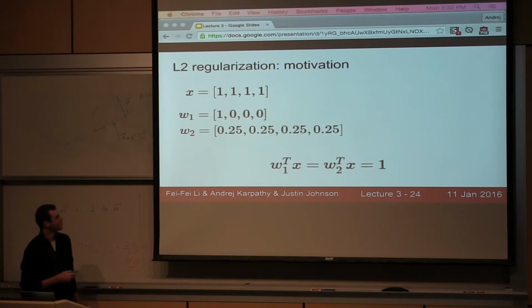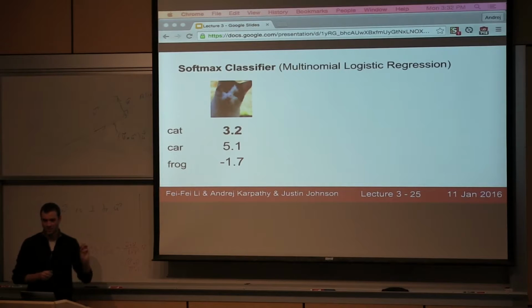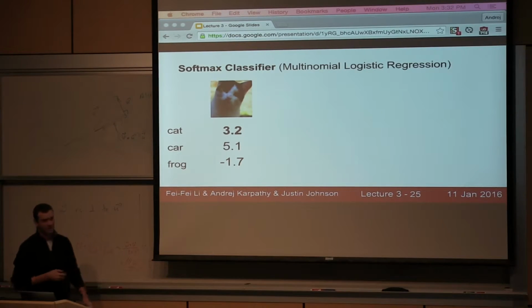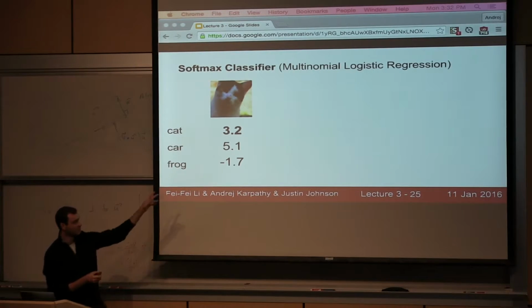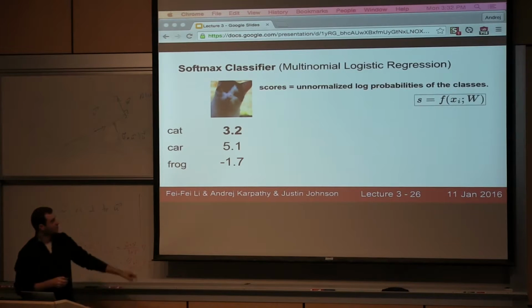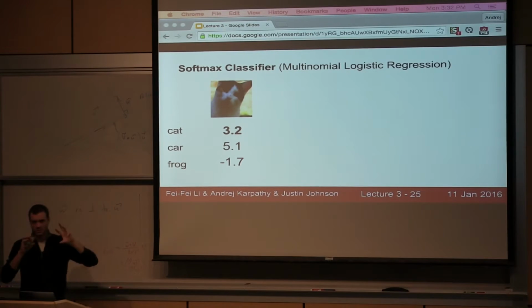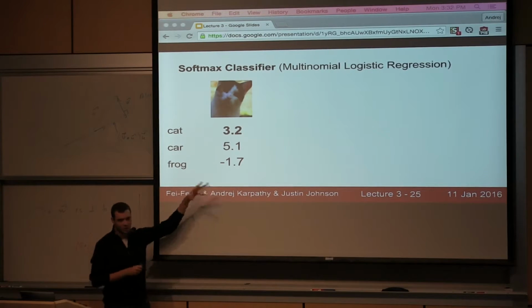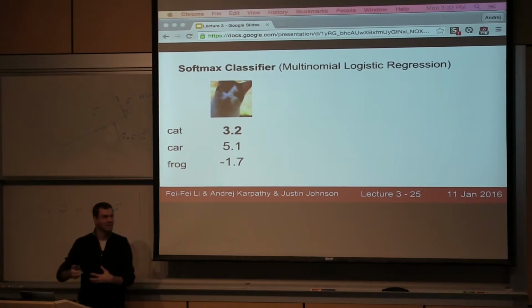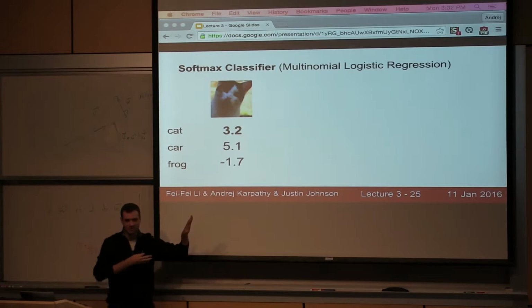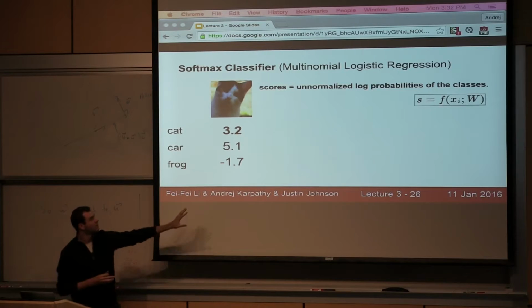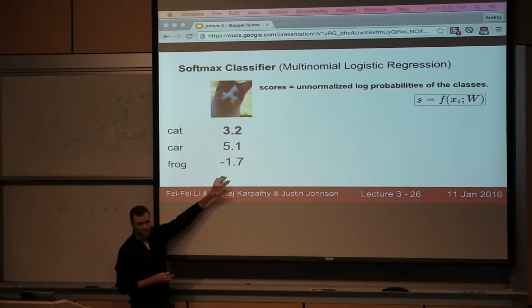Okay. So I'm going to go into softmax classifier now, which is this generalization of logistic regression. The way this will work is this is just a different functional form for how loss is specified on top of these scores. In particular, there's this interpretation that softmax classifier puts on top of these scores. These are not just some arbitrary scores where we want some margins to be met, but we have a specific interpretation that is maybe more principled from a probabilistic point of view,